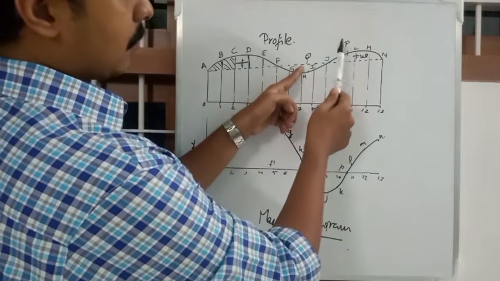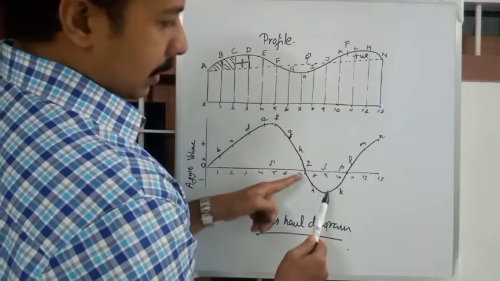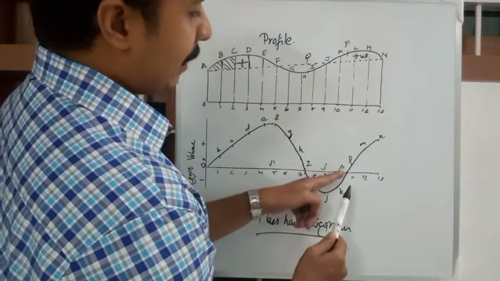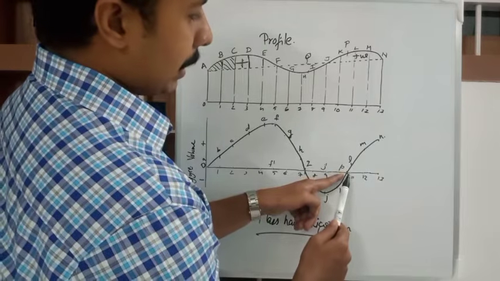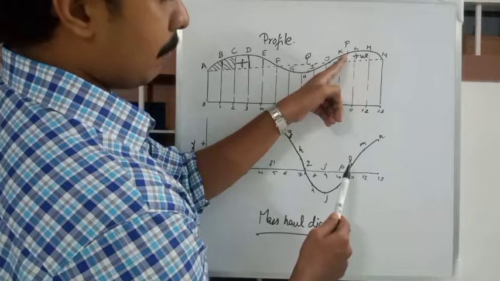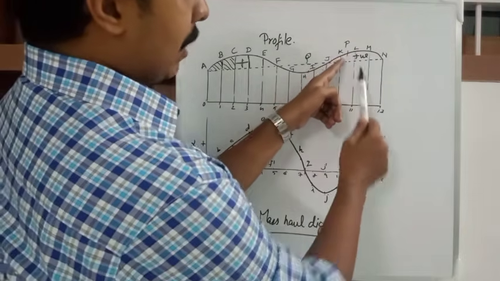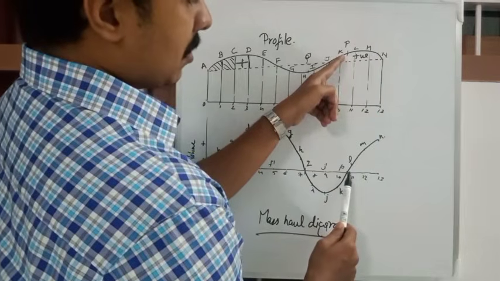Borrowing earth from this positive region. That borrowing will be happening till where? P. Till P that borrowing will be happening, and after that again the truck will be having from 0, it will start